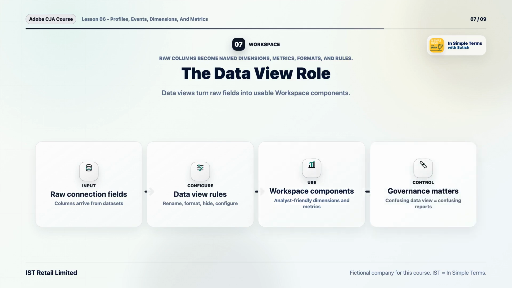Data views can also rename components, format metrics, hide helper components, and define behavior such as attribution settings. This is powerful because data view changes can be retroactive and non-destructive. But powerful also means governance matters. If the data view is confusing, Workspace will be confusing.